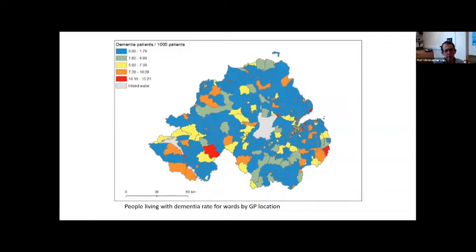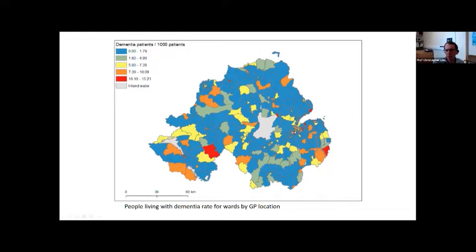So this is a map using super output areas. So 890 areas, as I said, average population just over 2,000. And in this case, it's linked to the locations of GPs. So it's not located to residents. So in many cases, there might be a mismatch. And some of the hotspots that we see, for example, those in red, which are particularly high rates, will be a function of where the GP practice is located, not necessarily where people live.